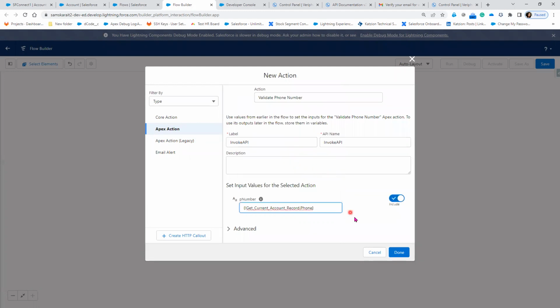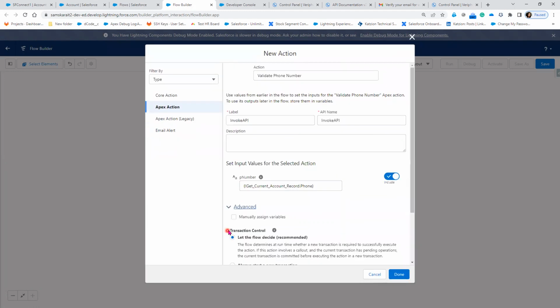So I'll be passing the phone. And then advanced. Manually assign the values. If you want to manually assign the values, for example, let's say that I wanted to assign manually so that whatever the output is there, this output I'm going to store it into the